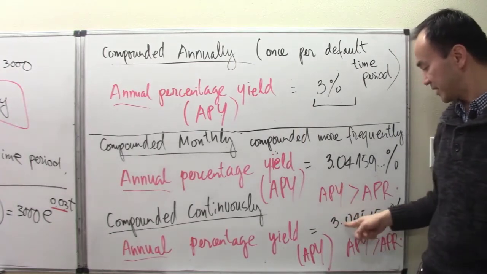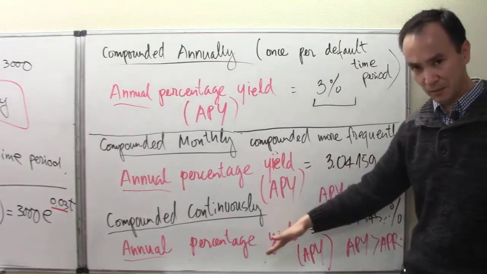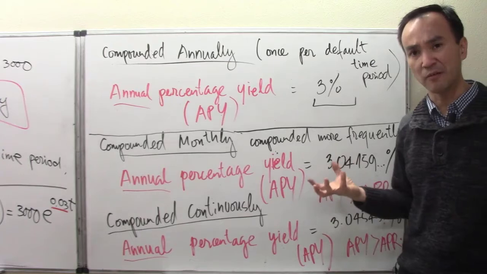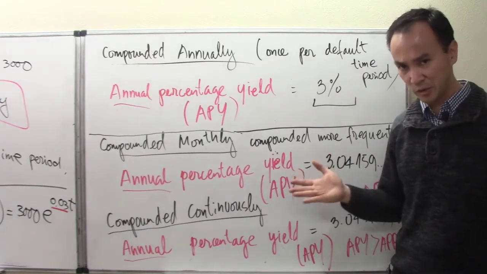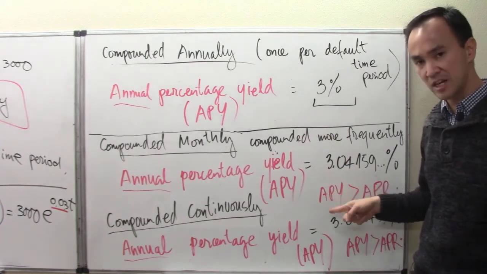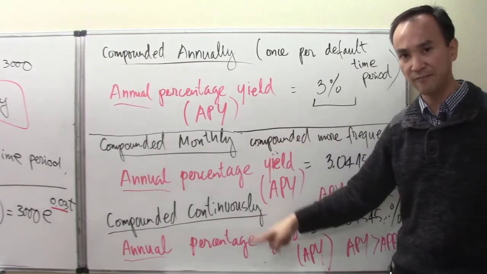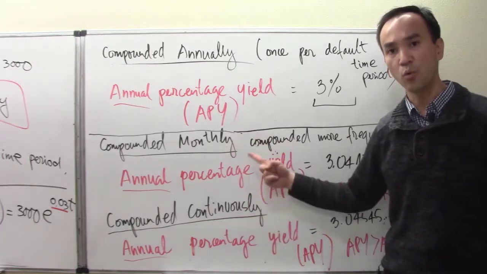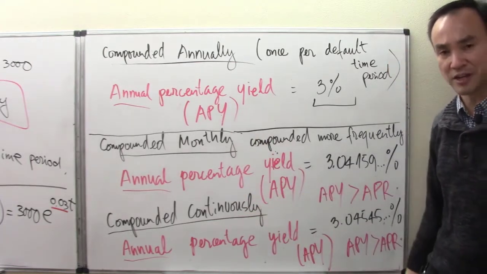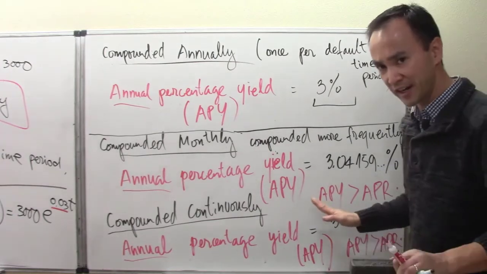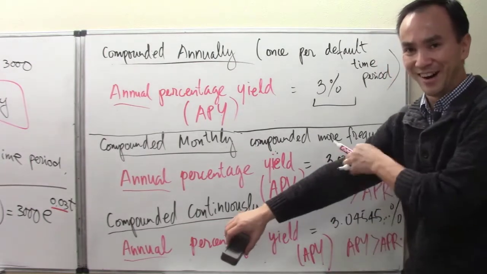So this rate right here, for this problem, is called the APY, but more generally it's some kind of actual, observed rate of yield after the effect of compounding more frequently than once per default time period. Okay, and so now we start getting into that idea a little bit. All right, so now